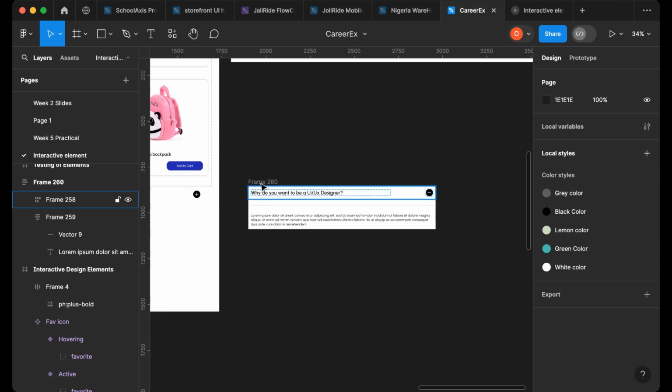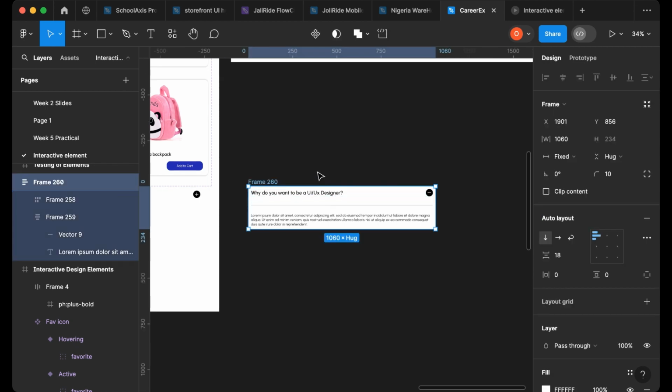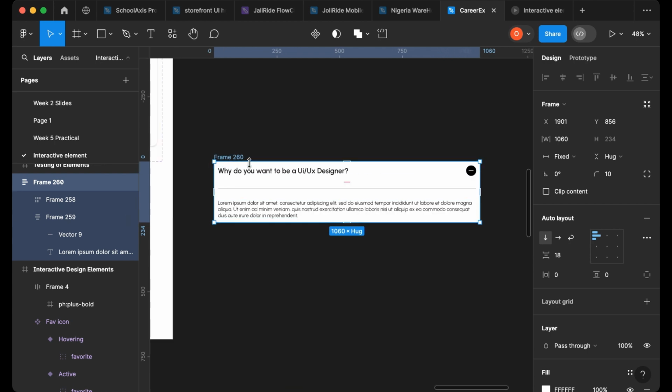And then the next thing we're going to do, we want to make it responsive, just like what I showed you when we started the class. Once you click here, it's open, you click here and it's closed. Now, so what are we going to do? We are going to make this a component